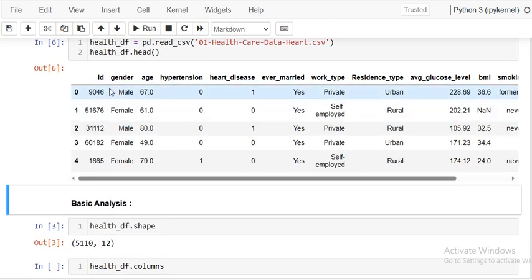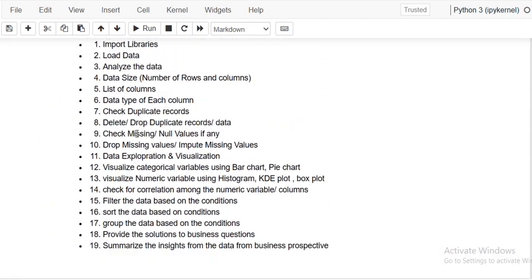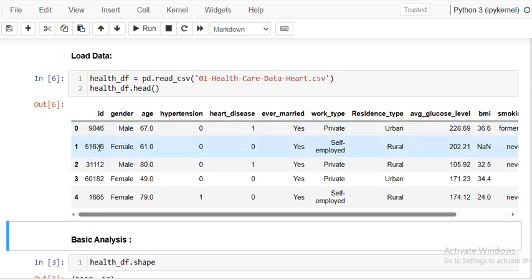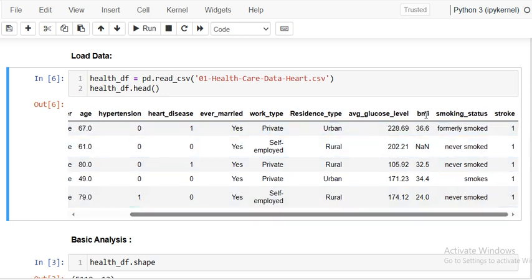So you can see here this is kind of healthcare data. Here you can see there is the ID of that particular patient, gender, then age, hypertension, which has yes/no values. Heart disease is yes/no. Then ever married, which is also yes/no. Work type is private, self-employed, and so on. Then residence type, average glucose level, the BMI, the body mass index, then smoking status, and finally